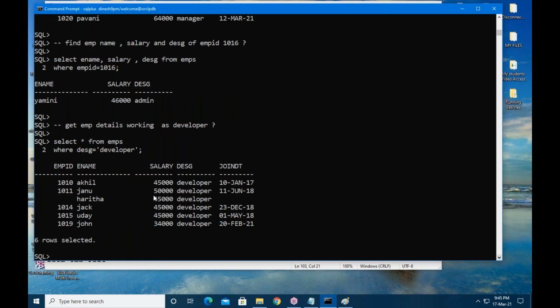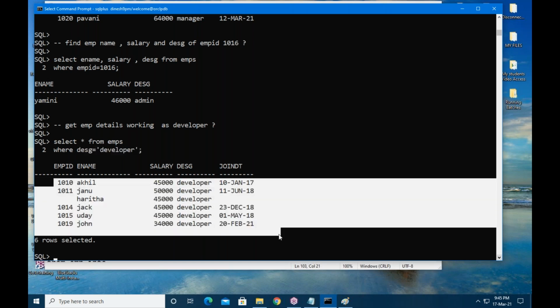How many developers are there? 6 developers. The exact meaning is, in 6 records in the table, the condition was matched. So that's why it is selecting 6 records only.